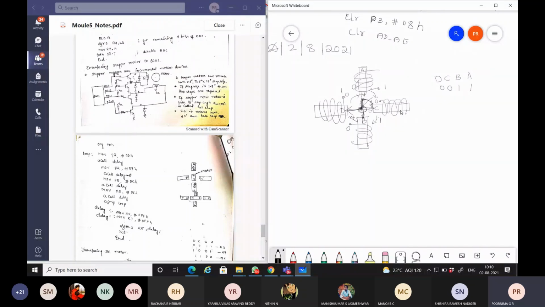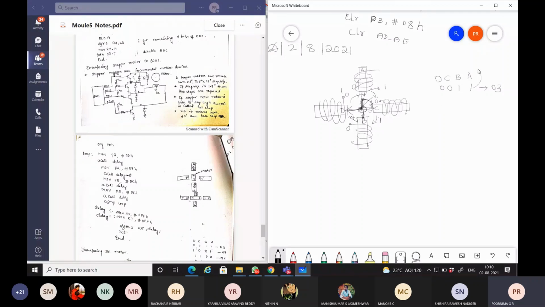Next, if it has to be deflected to the next position, this first energizing code is equivalent to 03. Again, if it has to be deflected from C to B, then you have to make the coil's excitation as follows.